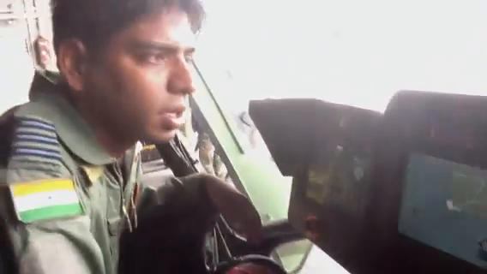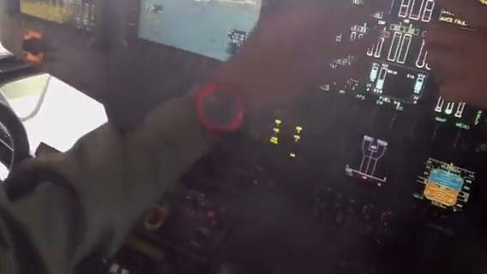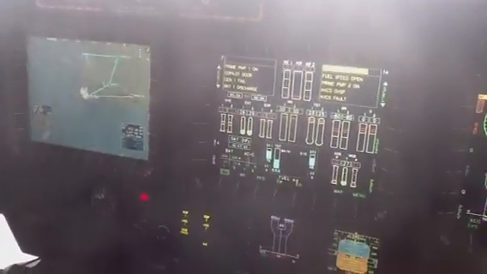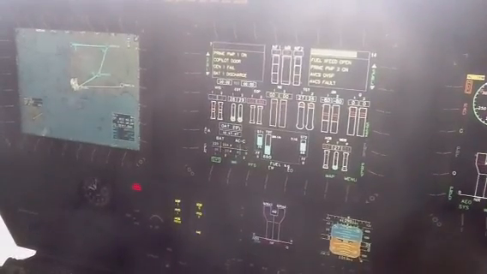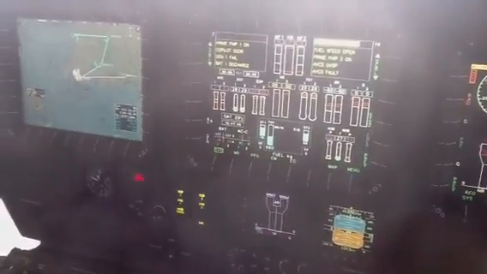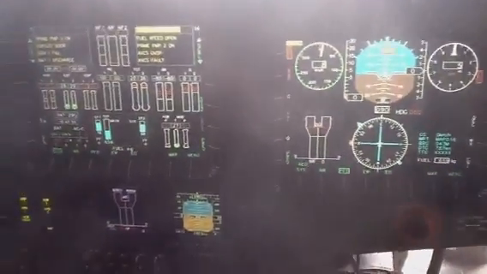What is NF1, NR, NF2? What is it? Which one? This one? NF1 is free turbine RPM. Free turbine RPM is generally the same as NR. It's a free turbine, so if there is a brake or something, only then will it be different. Otherwise, both of them are governed.